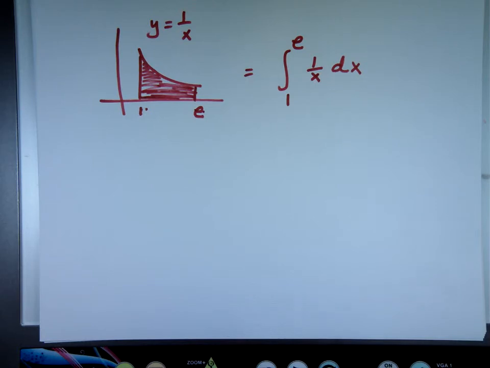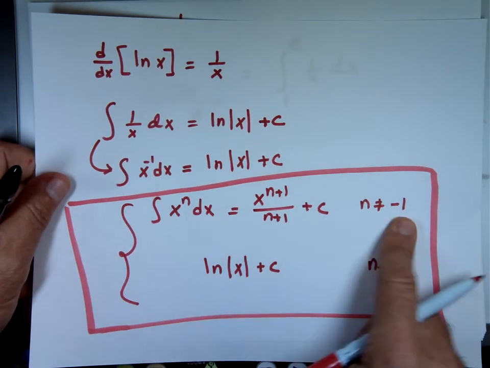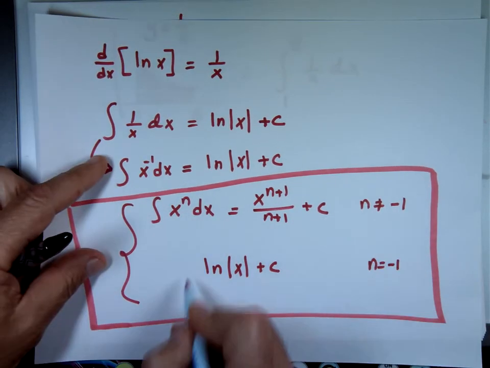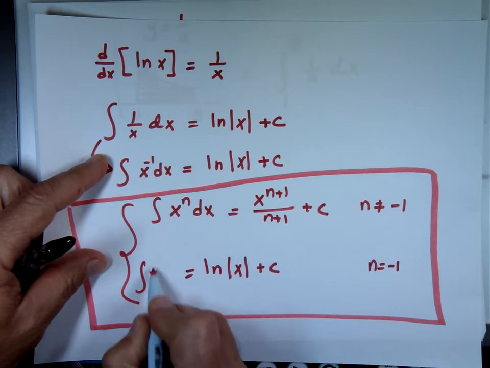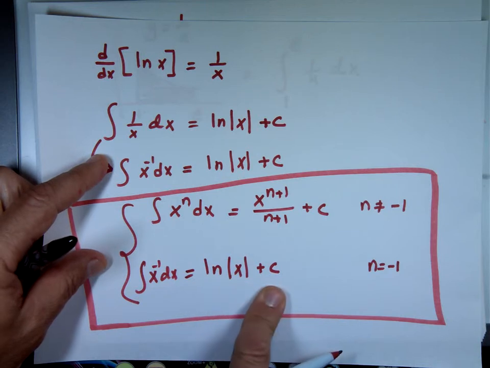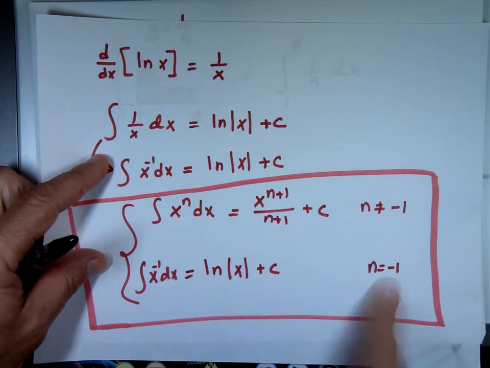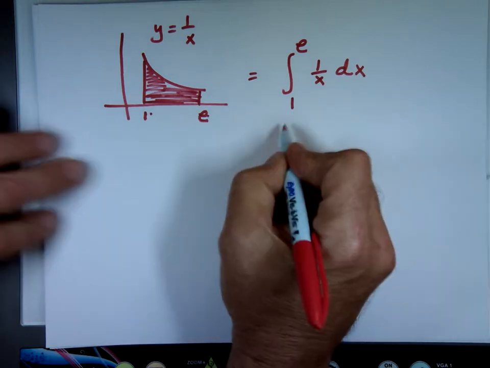Notice, the integral of x to the n dx equals this. When n is equal to 0, it's equal the natural log of x. It's the natural log of x plus c when n equals minus 1. You know? So if I use that here, that's why I gave you the e intentionally, to make my life easy. This way, the natural log of x